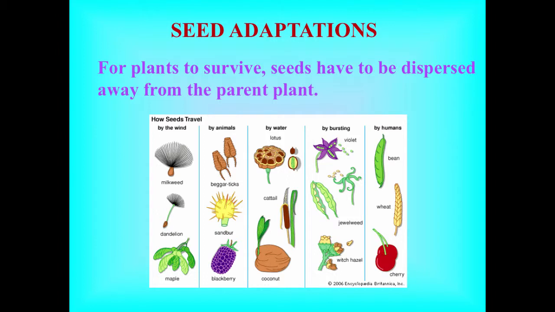So, seed adaptations. For plants to survive, seeds have to be dispersed away from the parent plant, and there are many ways they can do this. They can create devices that allow them to be caught by the wind. They can make burrs or be sticky so they are caught in animals' fur and carried off from one place to another. They can have a flotation device to float down streams, creeks, lakes and